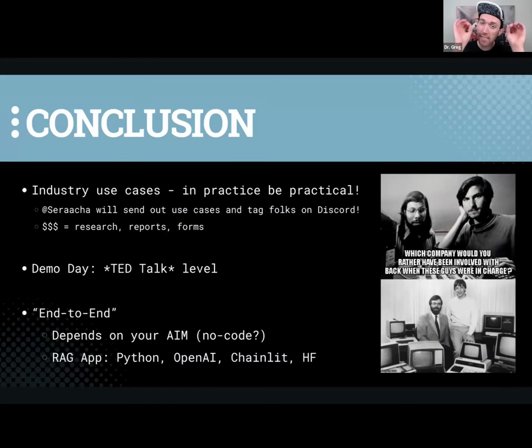Don't forget, Demo Day is going to be the talk of your life, PED Talk level status. We're going to keep pushing this, and we're going to keep getting you guys prepared for a high level of production value. Maybe you're not truly acting. Maybe it's not fully embodied. We are virtual after all, but we are going to try to take it really seriously.